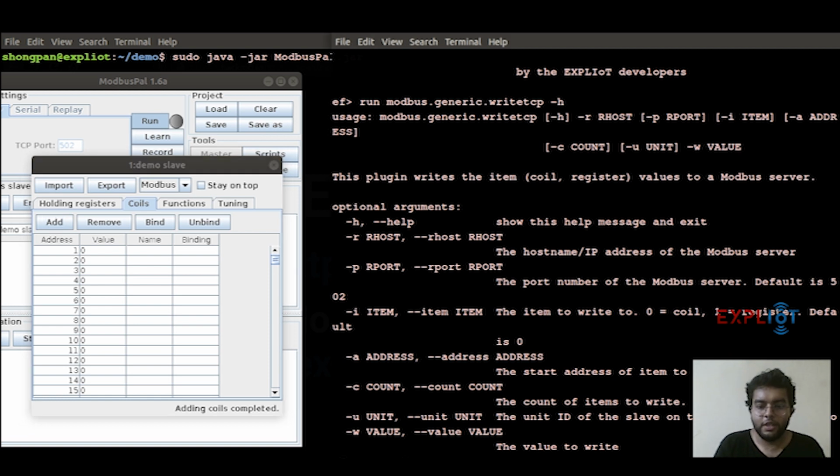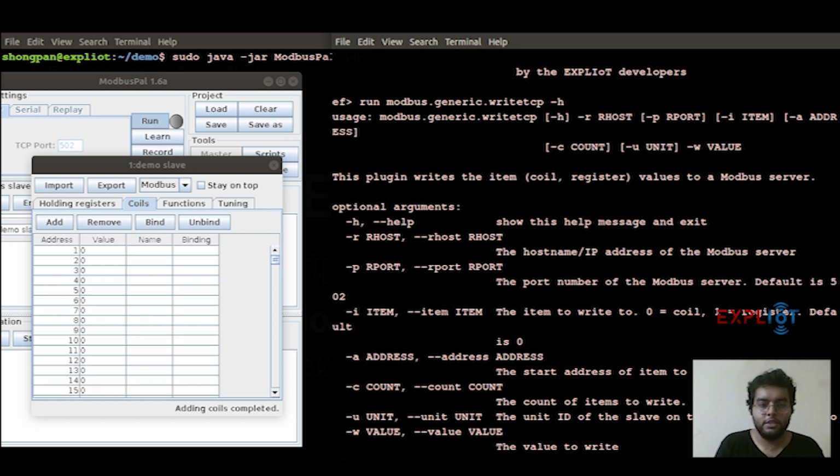So now let's run this. Run modbus generic write TCP -r, which in our case is localhost. We are using the default port, so you won't mention -p. And let's write on coil first, so I won't mention -i as well.